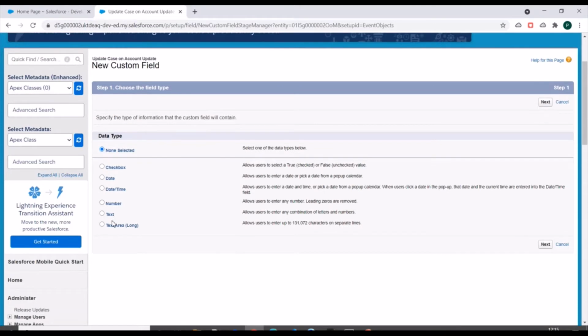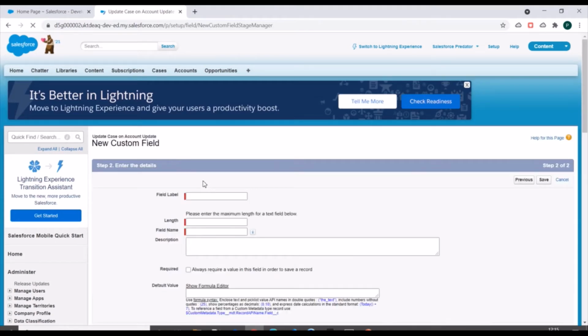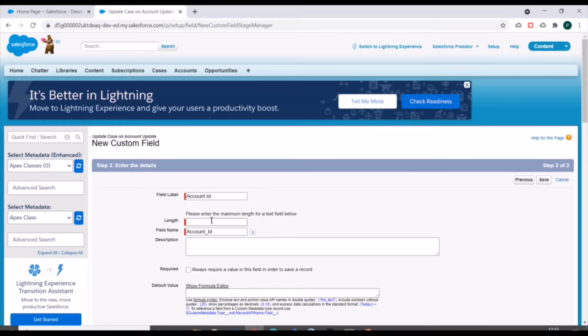We'll specify a text field for account ID. We'll name it account ID, and for length we can keep it as 20, and we'll save this. If required we can provide a description.